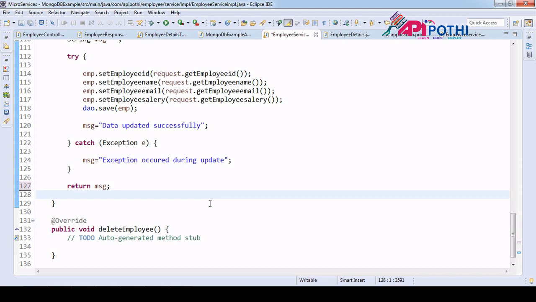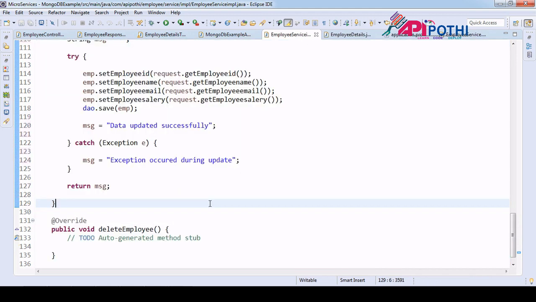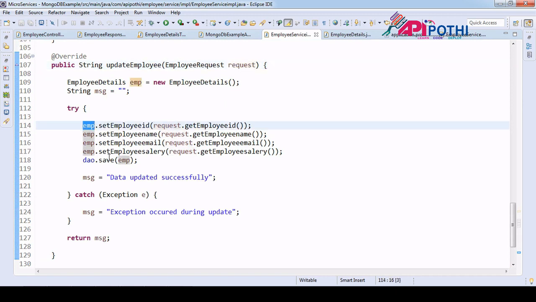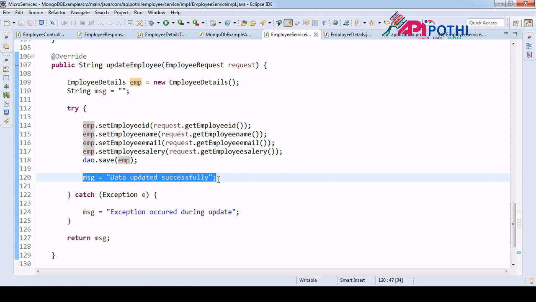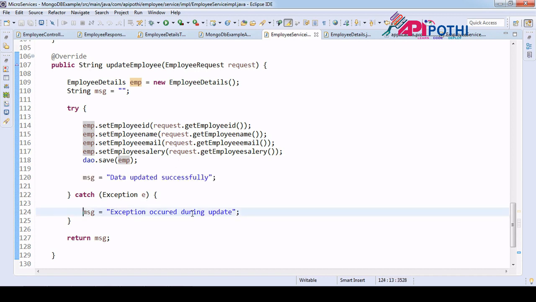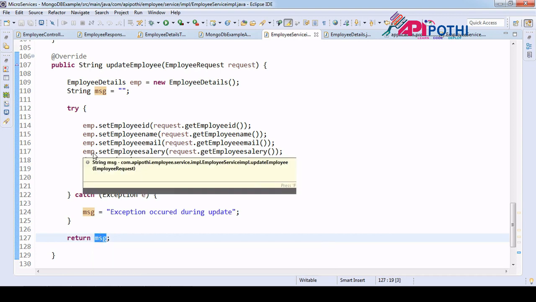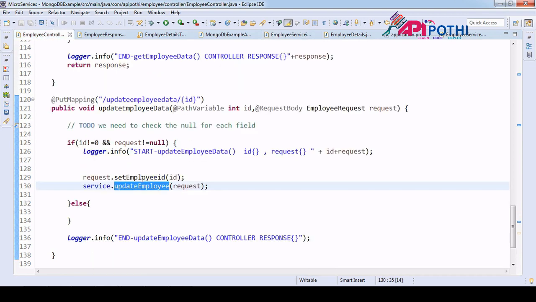So for update, no problem. What we did is we received the request, we translated the request, and we did the save. Since we are in the try block, if it went successfully, then data got updated successfully. If the control comes into the catch block, then some error has come. Not interested to understand which error came, and I return the string type. Okay, so now again coming to the controller, so this guy is returning you